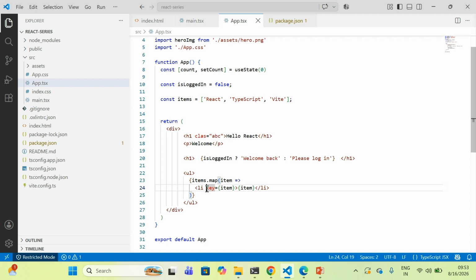Now that we understand JSX, we are ready to build something much more interesting. In the next chapter, we are going to talk about the real building blocks of a React application, components and props, and we will learn how to take a large interface, break it into smaller reusable pieces, and pass data between those pieces. That's where React development really starts to become powerful.